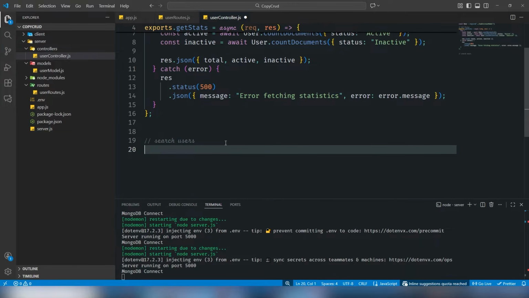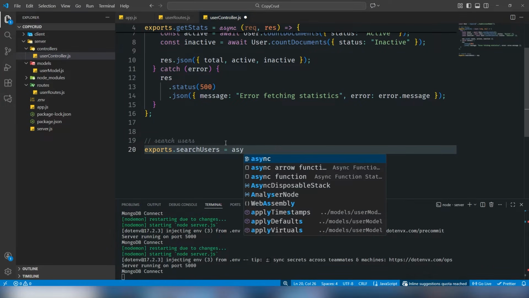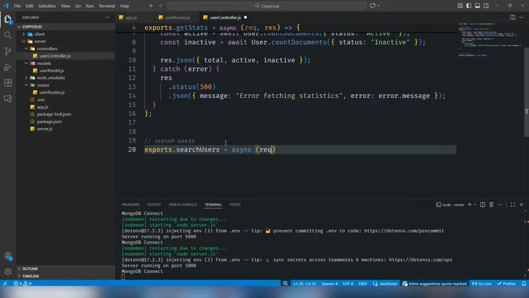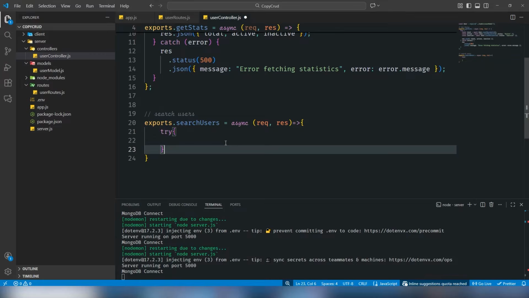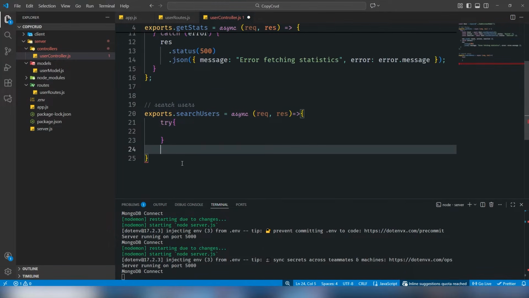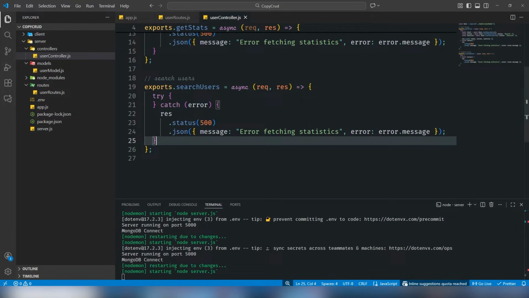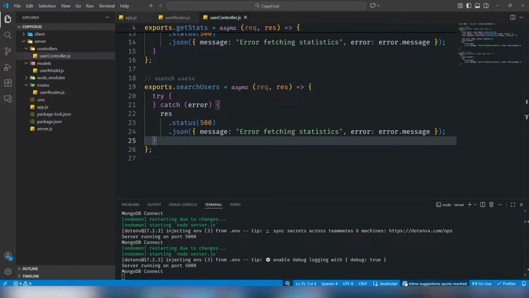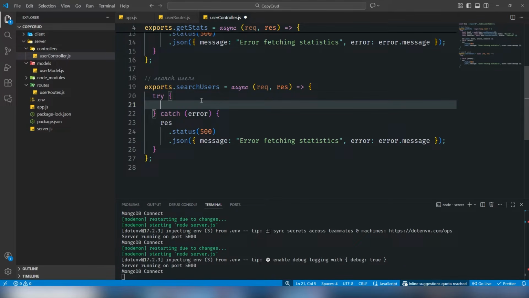Search users, exports.search users async, request, response, try. I'm going to get the catch block from my previous one because I will get the same thing. In the try block I need to use a few things, but before working on this one I need